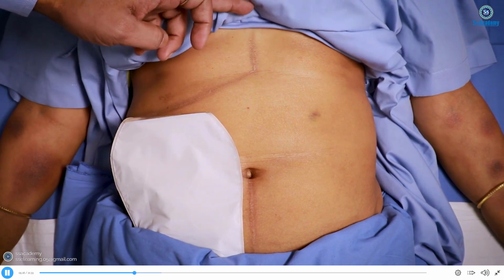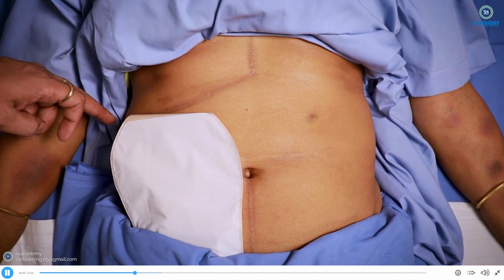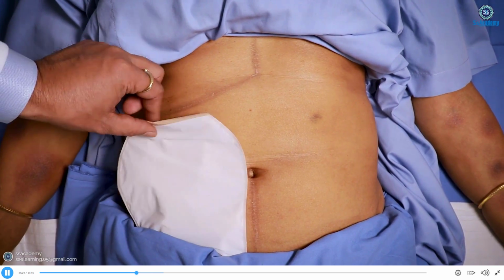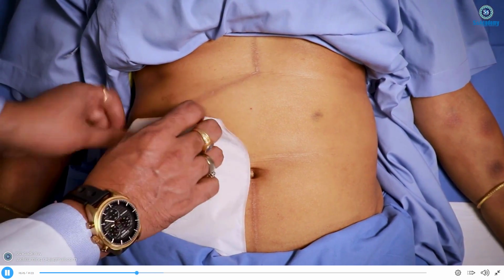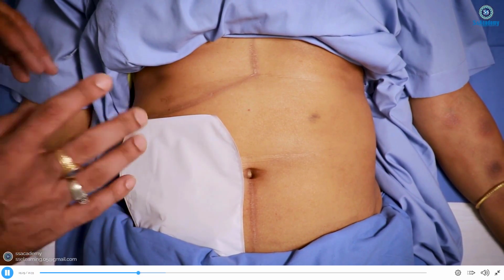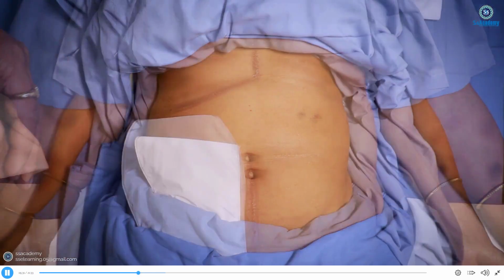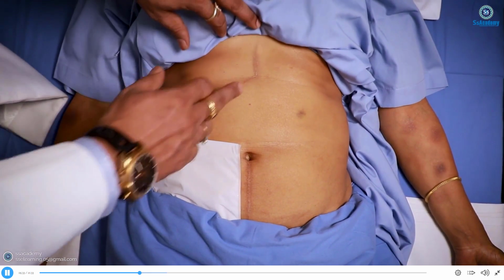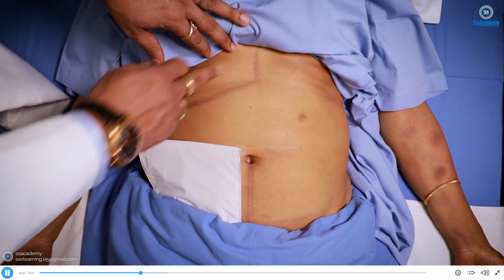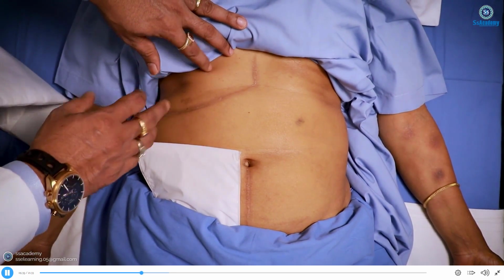So this is the new right-sided laparotomy scar. We call it the new liver transplant scar. This is nothing but evidence of liver transplant. We can see there is a scar on the right side, a laparotomy scar, and this scar is specifically the new